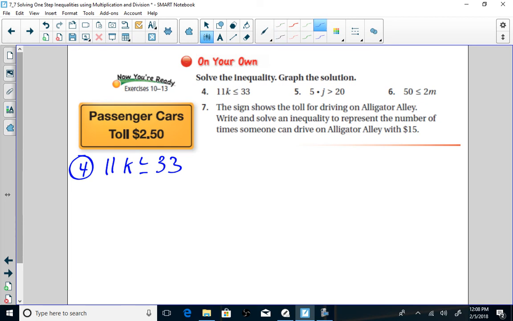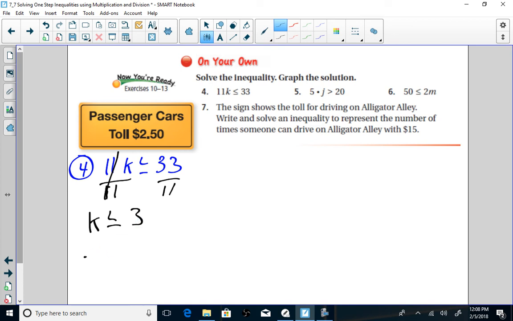And I look at that inequality and I say, okay, well, what operation do I see? I see multiplication. The opposite of multiplication is division. Well, what am I going to divide by? I divide by whatever is multiplying that variable. So because 11 is multiplying the variable, that's what you're going to divide both sides of the inequality by. 11 in the numerator cancels 11 in the denominator, so I'm left with 1k is less than or equal to